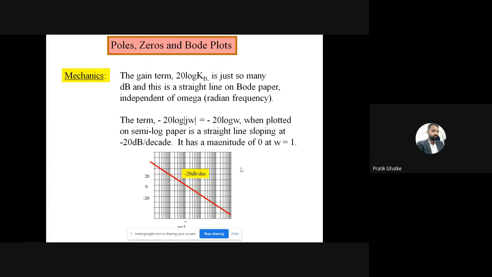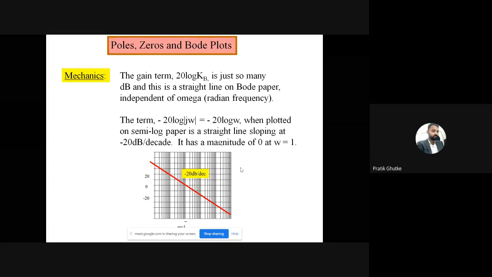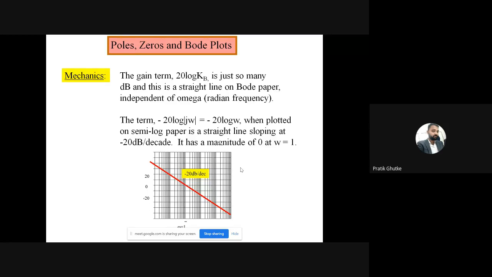This was in the case of poles. But if in my transfer function there is a zero also, then the slope will go with plus 20 dB per decade. Keep that in mind. Please note that when a pole is there, my slope will go with minus 20 dB per decade, and so on. If there is one pole, then minus 20 dB per decade. If two poles, then minus 20 and then minus 20, meaning minus 40 dB. Again, if a third pole is there, then minus 60. So minus 20, minus 20, minus 20, minus 60 dB per decade. This was in the case of poles.